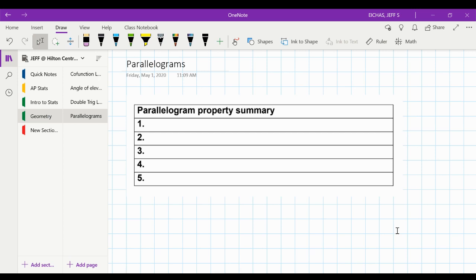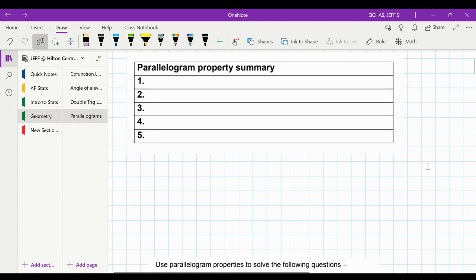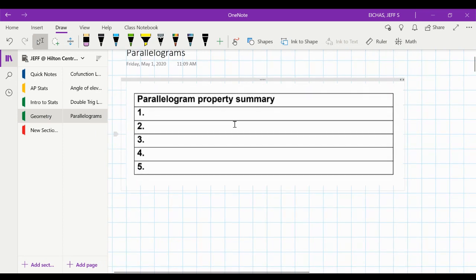Hello, so in this video, I'm going to give you some ideas on how to complete the problems, but it's not going to be an answer key. It's just going to give you some ideas on what to do. So let's try that. For the first problem on your homework for 8.1, what we have is the parallelogram property